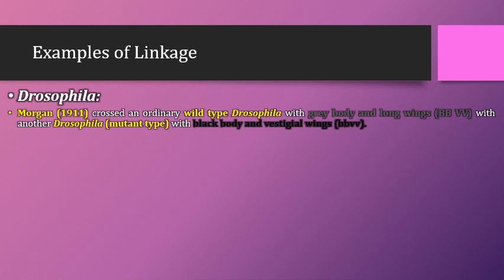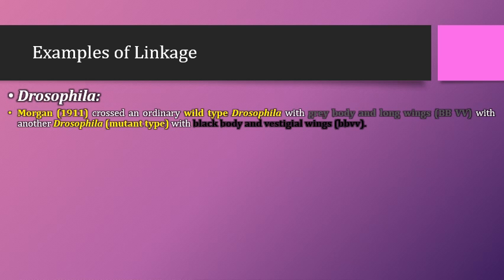Thomas Morgan, in 1911, crossed an ordinary wild type Drosophila with grey body and long wings, having genotype capital B, capital B, capital V, capital V, with another Drosophila which is mutant type with phenotype black body and vestigial wings. Vestigial means remaining in the form of signs. Vestigial wings having genotype capital B,